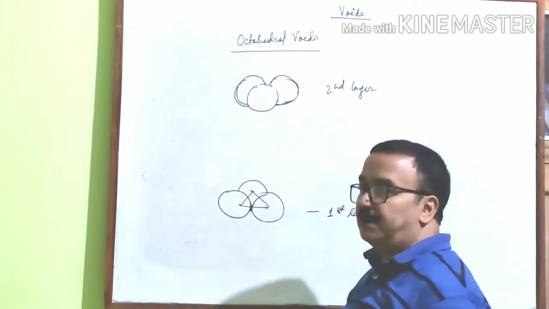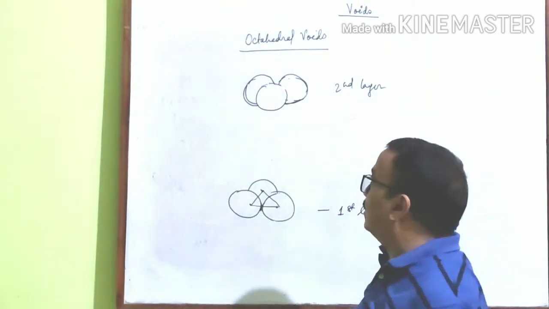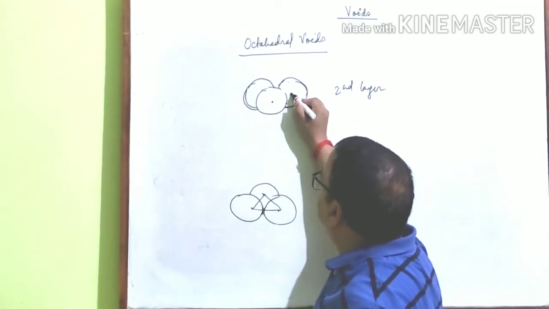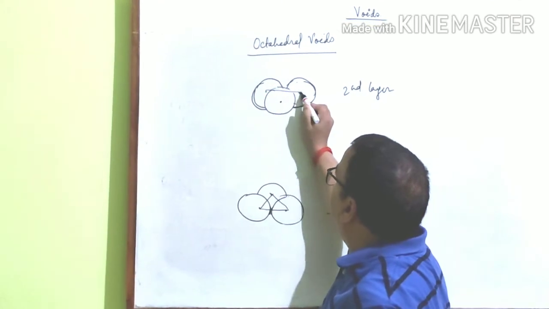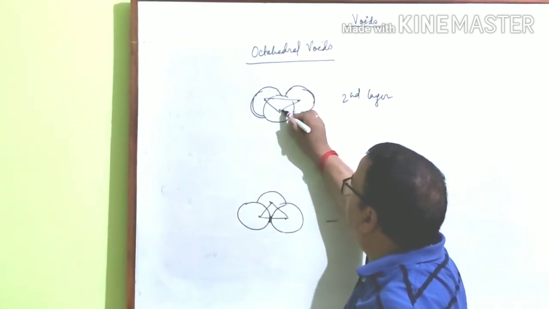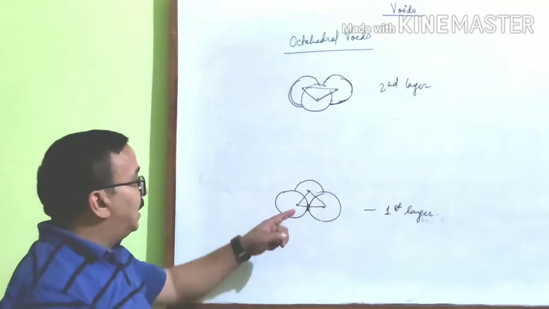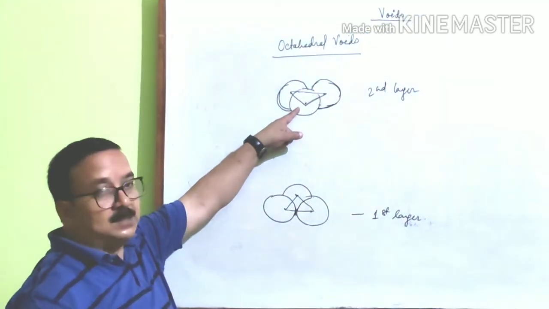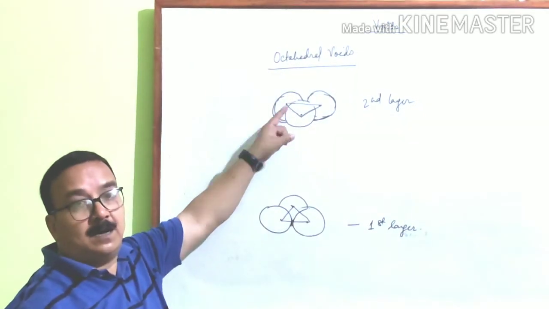इन तीनों स्फीयर के सेंटर को ज्वाइन कर देने से एक ट्रायंगुलर बेस फॉर्म होता है. Similarly, if we join the centers of these 3 spheres, then a triangular base is formed. तो यहाँ पर भी एक ट्रायंगुलर बेस फॉर्म हो रहा है. दोनों में डिफरेंस क्या है? The apex of this triangle is opposite to the apex of the triangle formed in the upper layer.